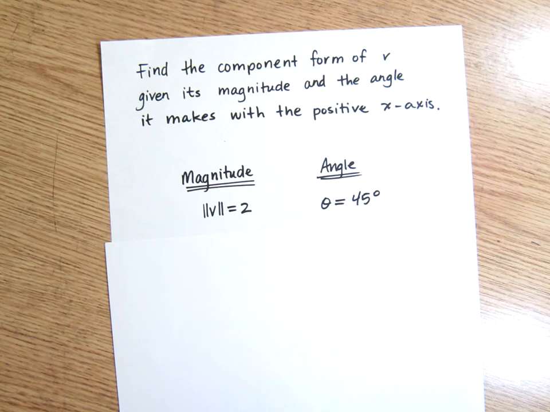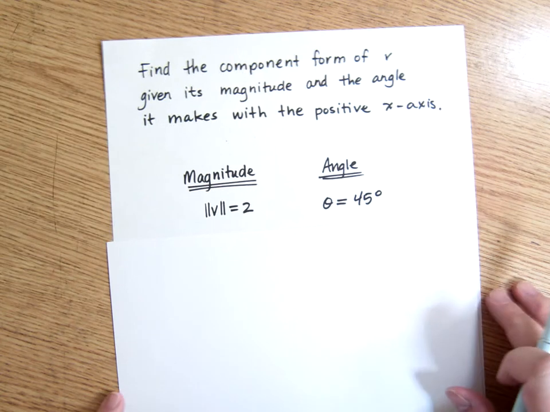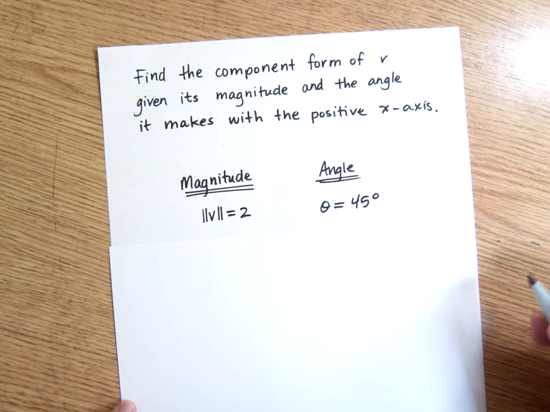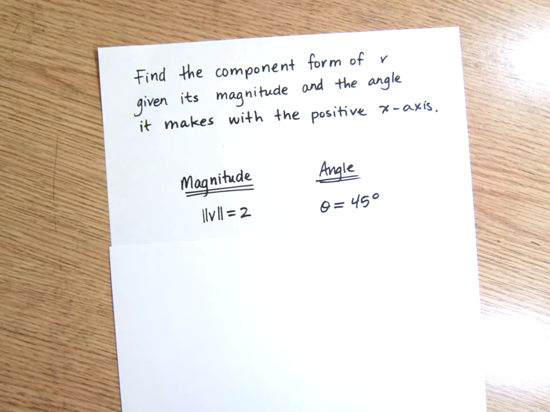All right, one last type of problem that we can do with vectors. Find the component form of V given its magnitude and the angle it makes with the positive x-axis. So what that's saying,